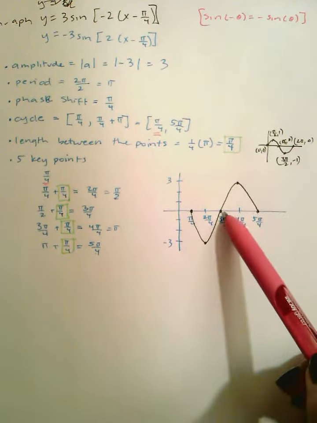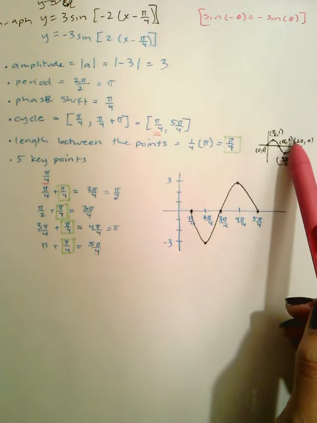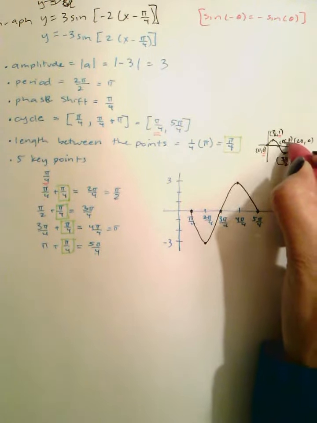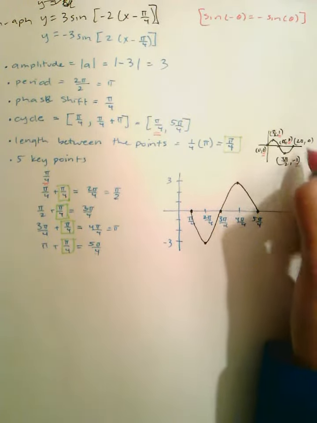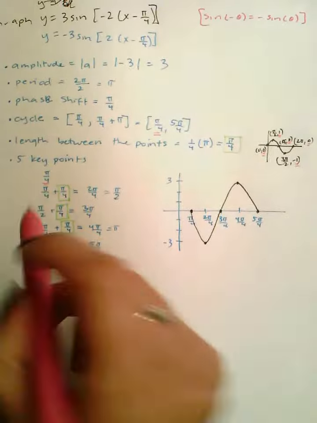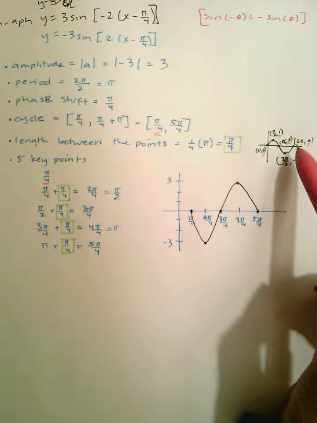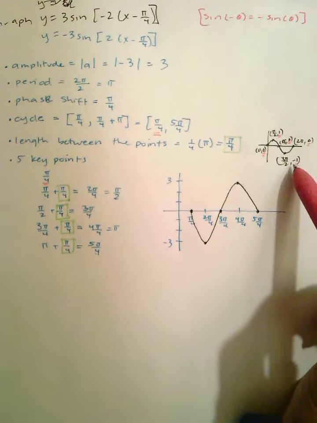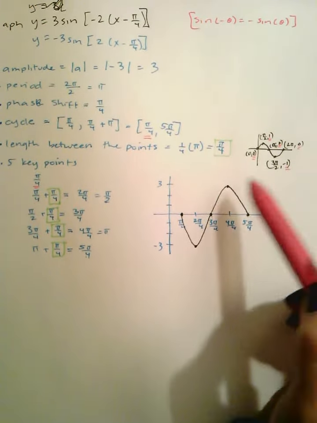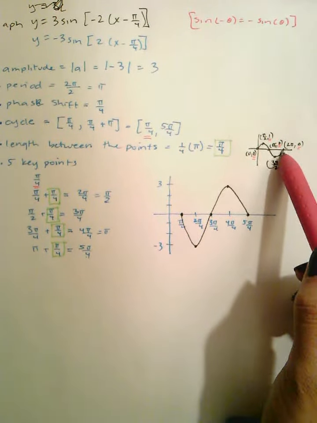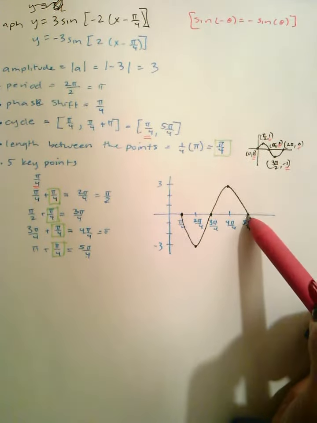For the third key point, this third key point has a y value of 0. So again, we're only looking at the y values. And you multiply the original y value times the -3. So 0 times -3 gives me a 0. Then you do the same thing for the next one. -1 times -3 gives me a +3. So now it's above. And for the last key point, 0 times -3 is equal to 0, so it stays